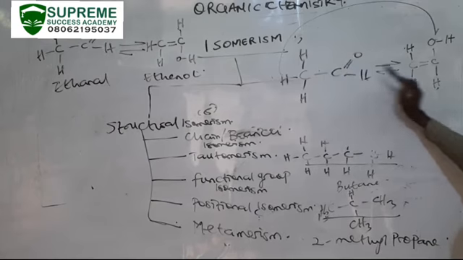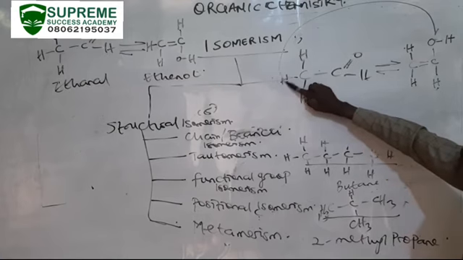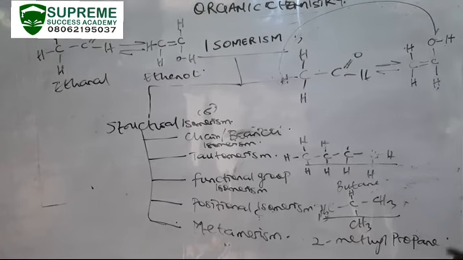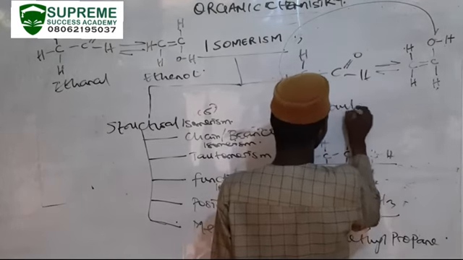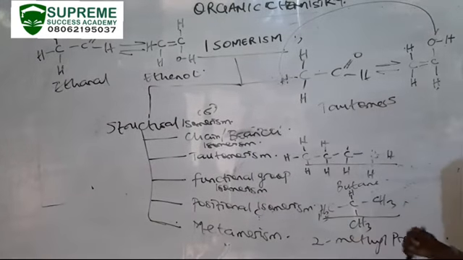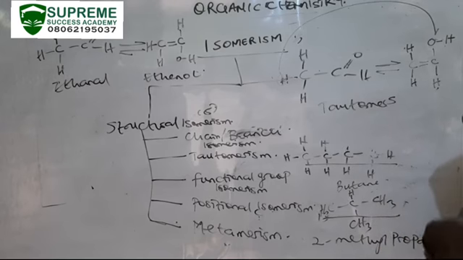This double bond moves from this position to this place. That's why we now have a carbon-carbon double bond. This hydrogen here moves from its position to this place. When we have these two compounds that are readily interconvertible, we refer to them as tautomers. Remember that tautomerism and tautomers are just synonymous to isomerism and isomers. Isomerism is the phenomenon. Tautomerism is also the phenomenon. Isomerism is the phenomenon whereby two or more compounds have the same molecular formula but different structural formula, while